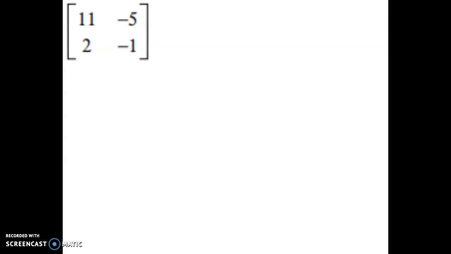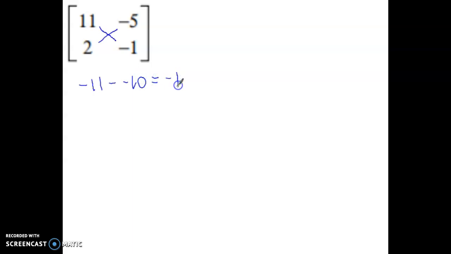And to do that, you multiply the diagonals together and subtract them from one another. So I'm going to do this times this minus this times this. So 11 times negative 1 is negative 11 minus negative 10, and I get negative 1. Okay, so now that I've got the negative 1, I'm going to